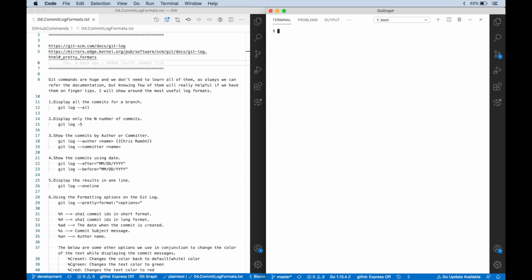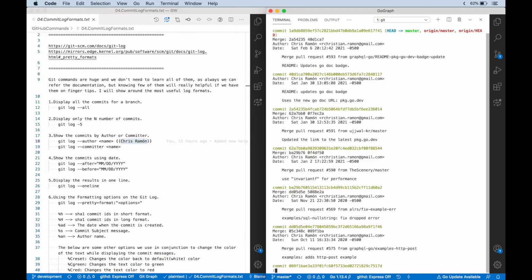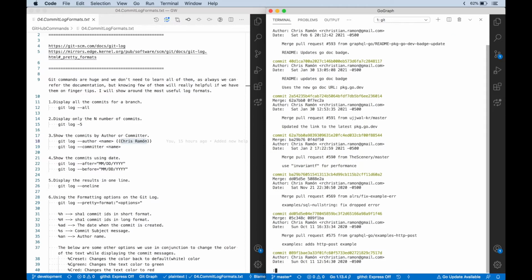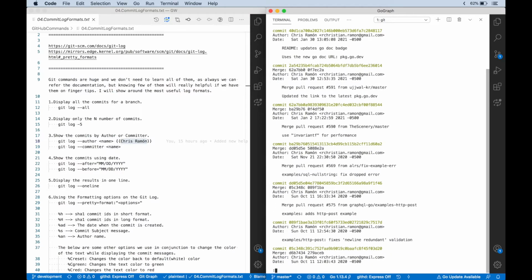Okay, if you want to filter the commits only by the author name, use git log --author= in double quotes, and you need to give the author name. This is the author name which I know from the public repository. Earlier I have seen this author is available. So here it is going to display all the commits by this author. I don't know how many commits there are, especially for this author.